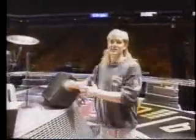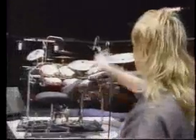Smack bang in the middle, we have legendary one-armed drummer, Mr. Rick Allen's kit, which is a series of electronic pads and foot pedals, which has been pretty much documented before, so...